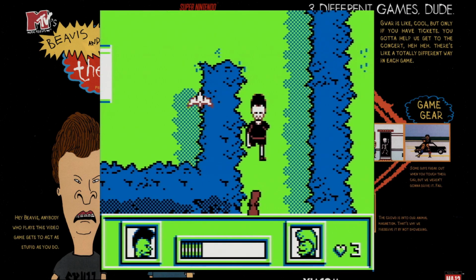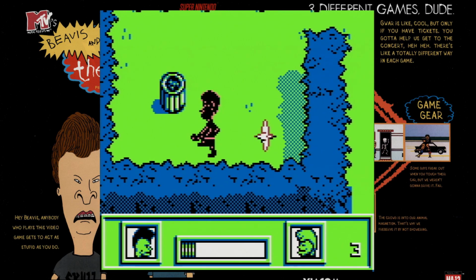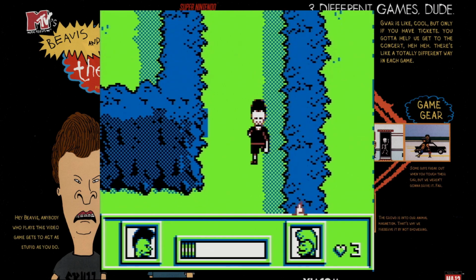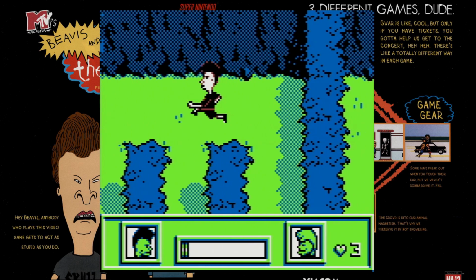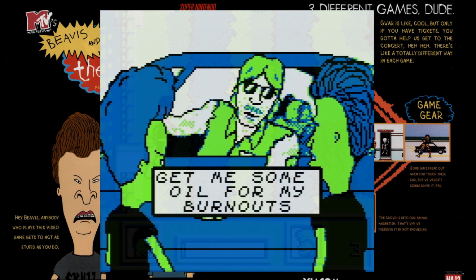This involves a hedge maze with a lot of obnoxious birds and rodents, and could the people making this game really not come up with anything besides birds and rodents for enemies? Like, all of these Beavis and Butt-Head games have birds and rats. Come on. Anyway, you get to work, you have to deliver some food, then you run into Todd, and he